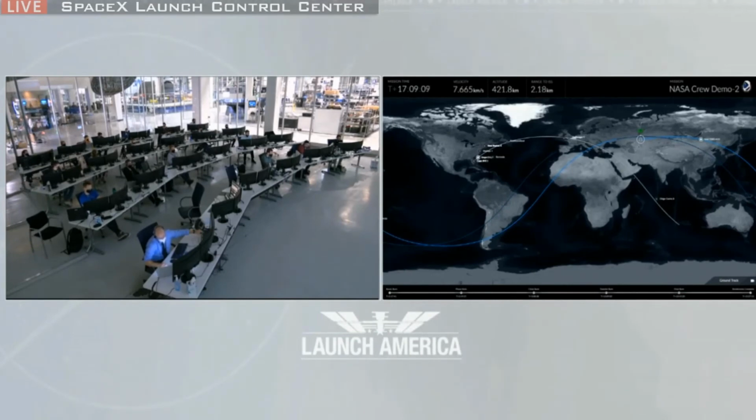We should be arriving at waypoint 0, which we may pause out, we may go right past, depending on how all the Dragon systems are looking for the teams down here on the ground in Hawthorne and the team over in Mission Control Houston. We'll get to that waypoint 0 at about 24 minutes from now, and then continue on